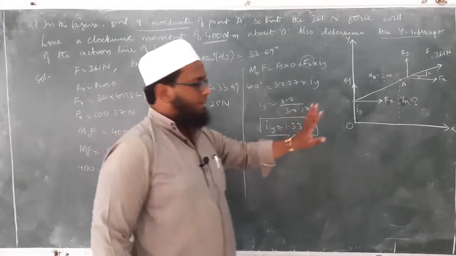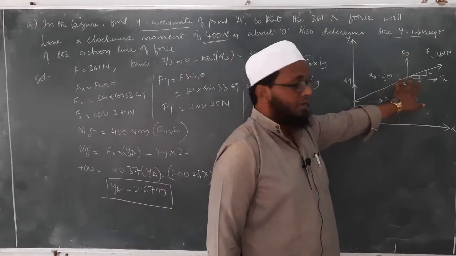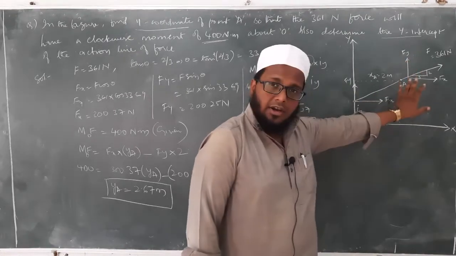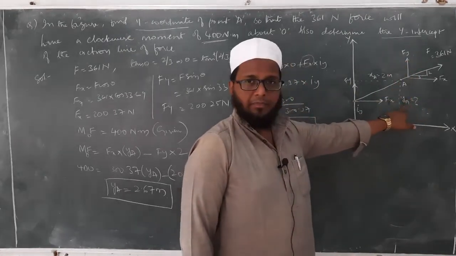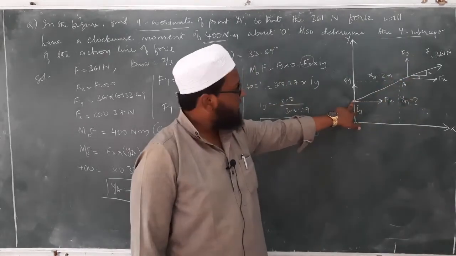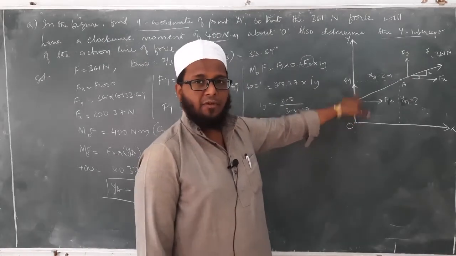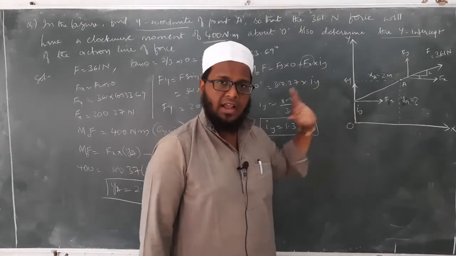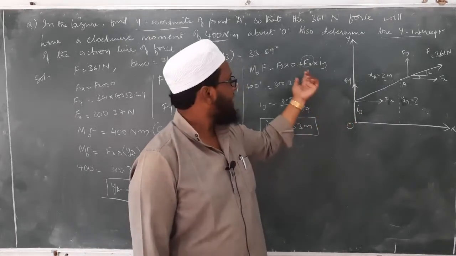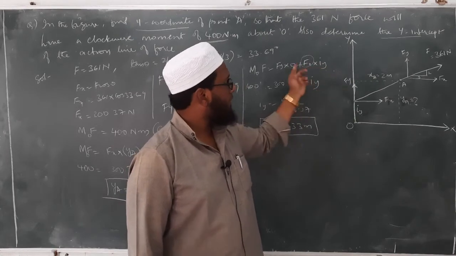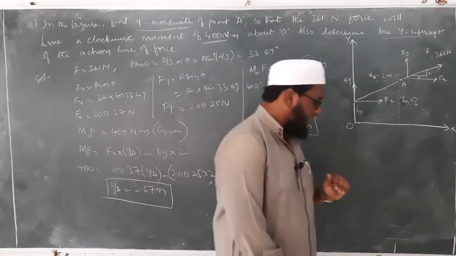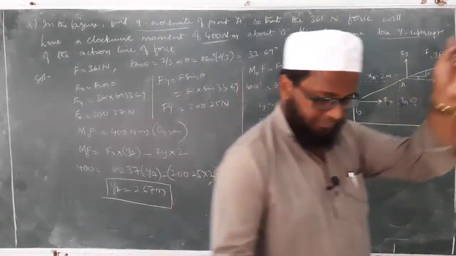Okay. So what we have done initially, we have taken this force, we have assumed that the force is starting from point A. We have calculated moment, we have calculated the value of A. After that we have assumed that the force is starting from this point. So what will happen if the force is starting from this point? Fy will become 0, whereas Fx will have some value because it has some distance. So force into perpendicular distance, Fx into Iy, since it is going in clockwise direction, so I have taken plus 5. Alright. So if you calculate, you will get Iy as 1.33 meters. Okay.